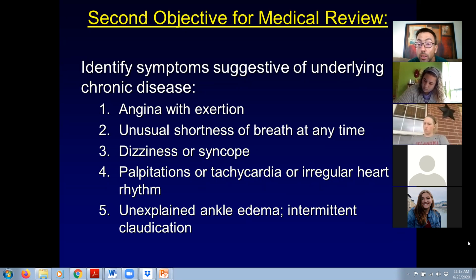I have one. Yes, Maddie. So for the dizziness or syncope, you said that's typically for women who have really low blood pressure and it'll kind of bottom out. But would that also apply to people who, when they go to the doctor and have to get a shot or a blood test, don't really know why, but they get really dizzy and faint?